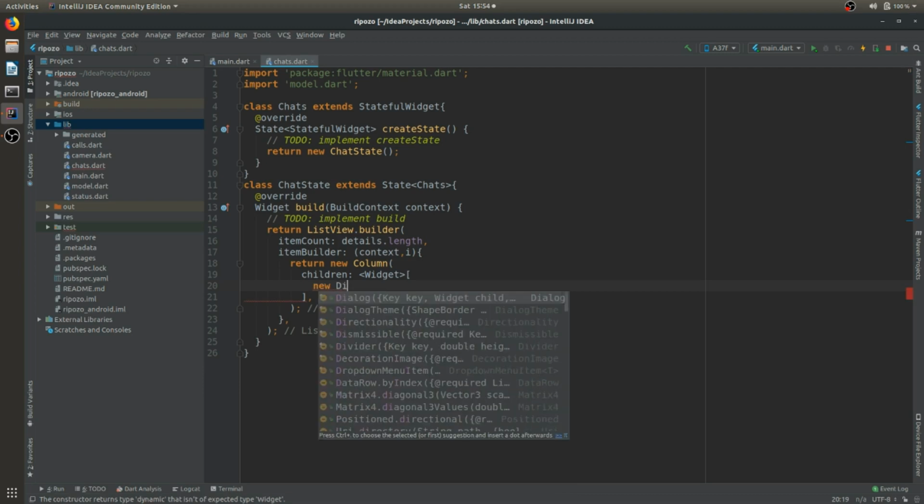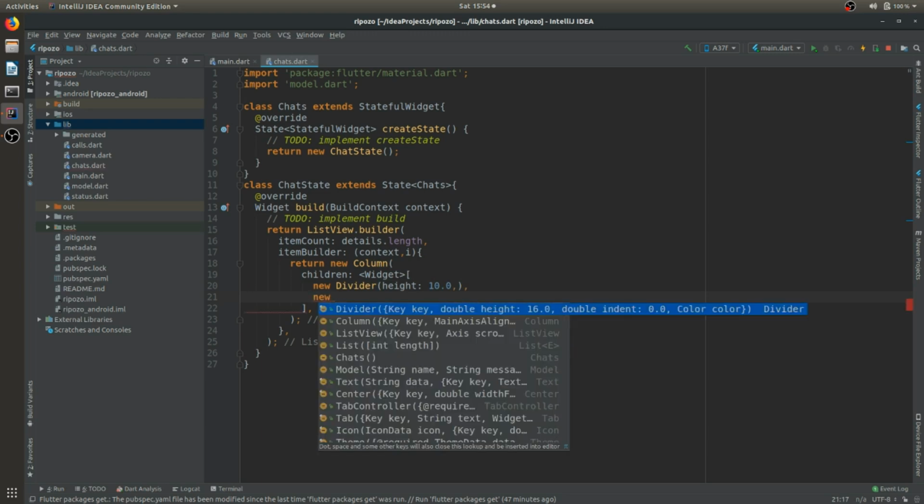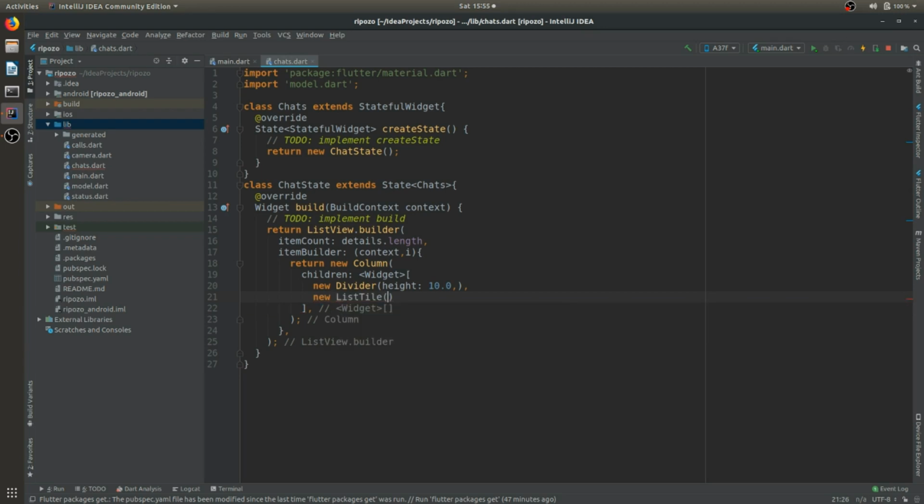Firstly there will be a divider. The divider will have a height of 10.0. Okay, and after that divider there will be a new list tile. Okay, in this list tile what will be there,